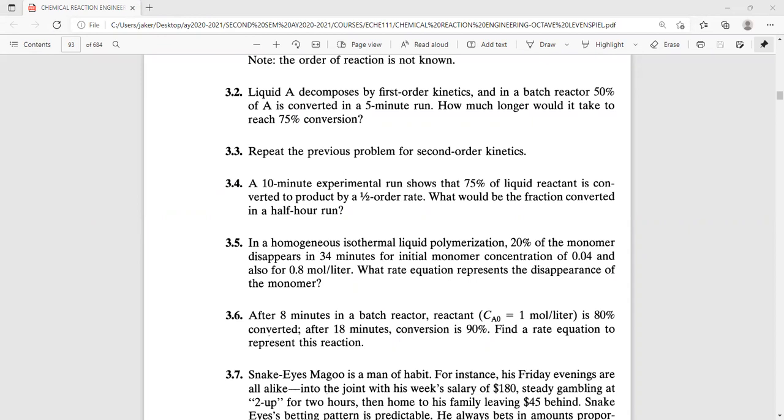How much longer will it take for 75% conversion? So we'll first determine the K for this scenario. N this time is equal to 2. So we'll have here 3.3. You're given N equal to 2, X sub A equal to 0.5 at T equal to 5 minutes. Required: